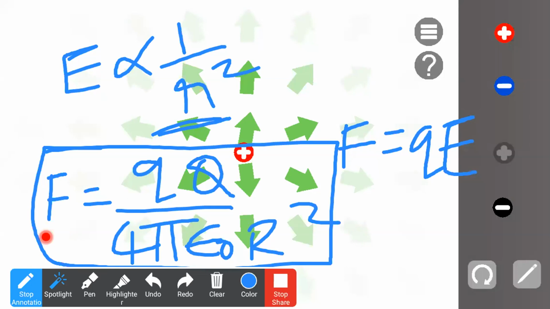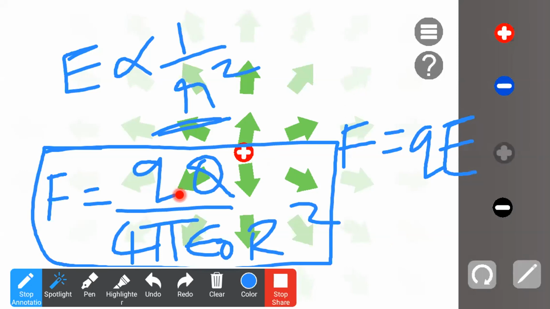Now you understood some idea of force. And please somebody tell me, what is this equation called? This is called Coulomb's law. Whenever you have two charges, what is the force between those two charges? In this case, one charge is fixed, another charge is movable. In other cases, both charges may be in a movable state or in a fixed state. That also we have to analyze.